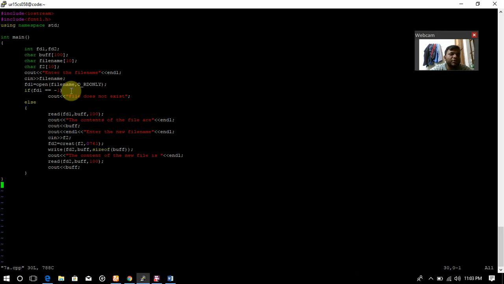So this is my code, starting with the header files #include iostream, #include fcntl, using namespace std, then starting a main function, initializing variables fd1, fd2, char buffer of size 100, char file name of size 10, and char f2 of size 10. Then cout enter the file name, then cin, it will take the file, then fd1 is equal to open file name, and if fd1 is equal to -1,